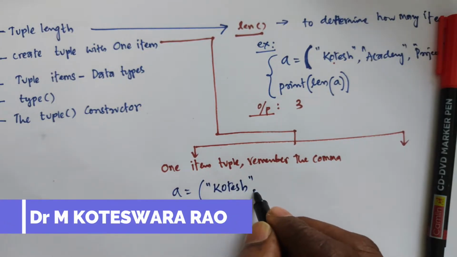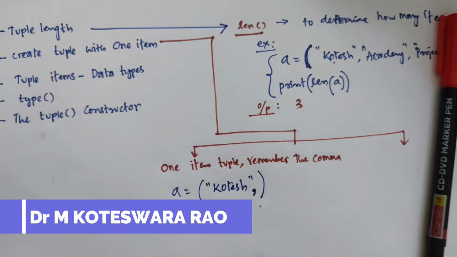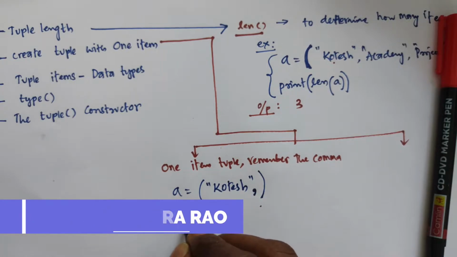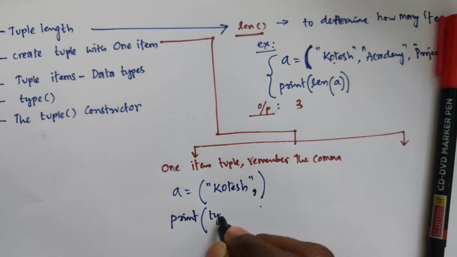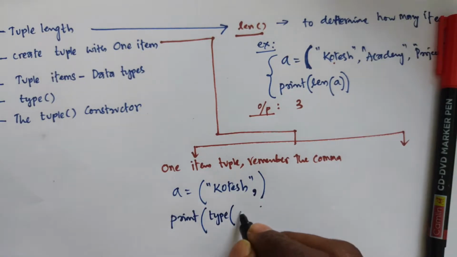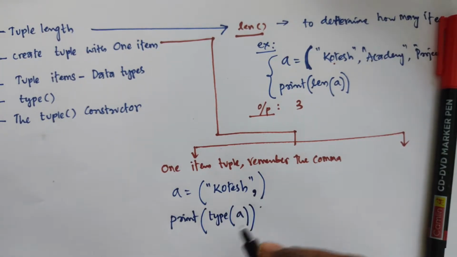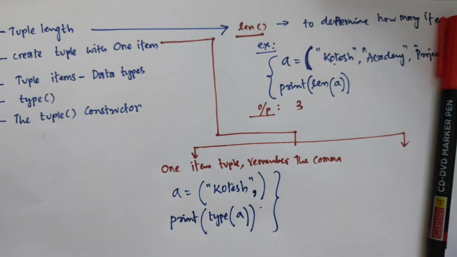After that we use a comma, this is very important, then you can close the bracket. Then you write print and type of that variable, A. Okay. After execution of these 2 lines,